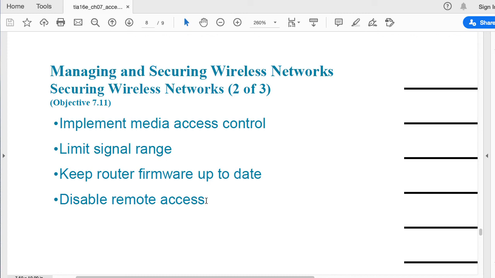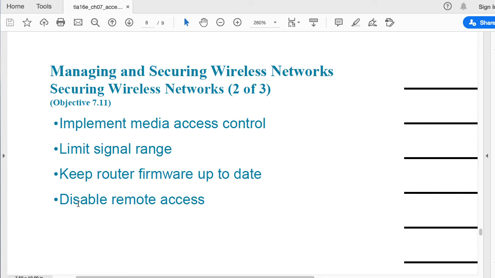So as I previously mentioned, if a hacker sees that there is a wireless network in your apartment, that person is going to try to access your access point, try to crack it.